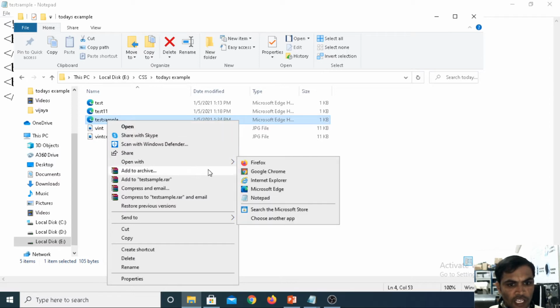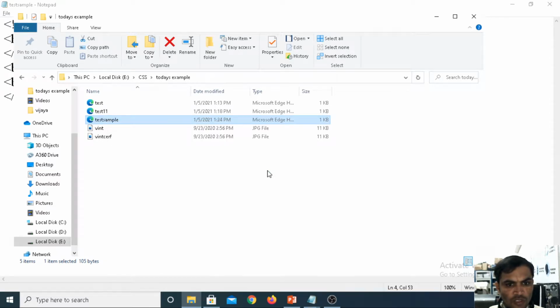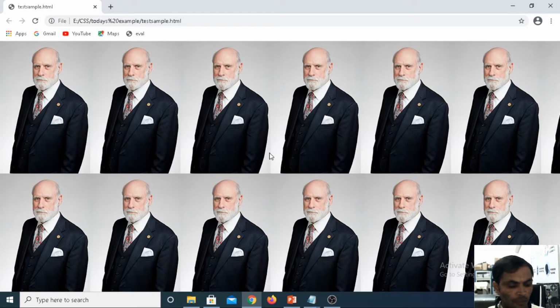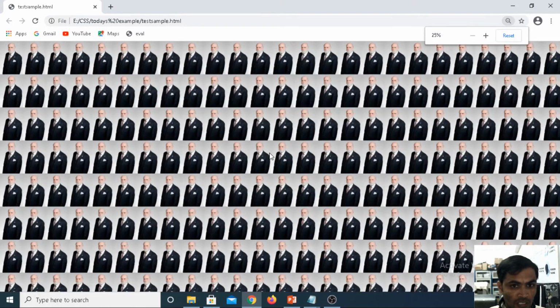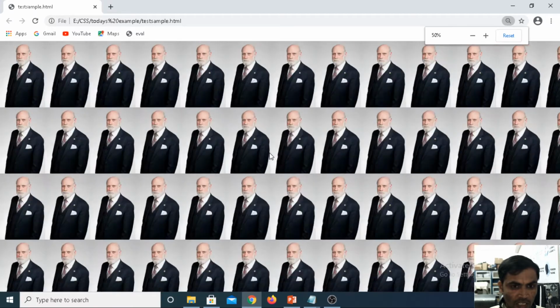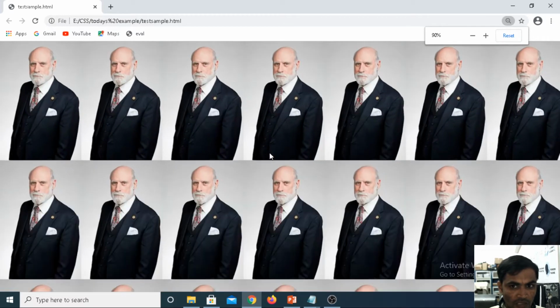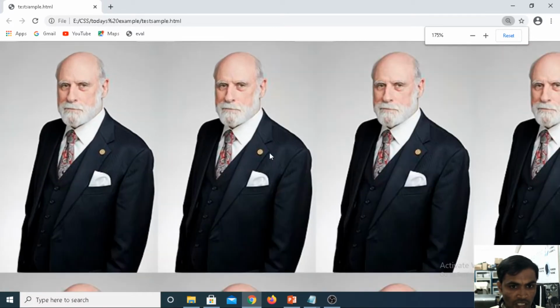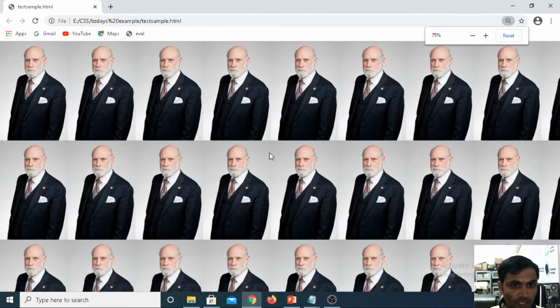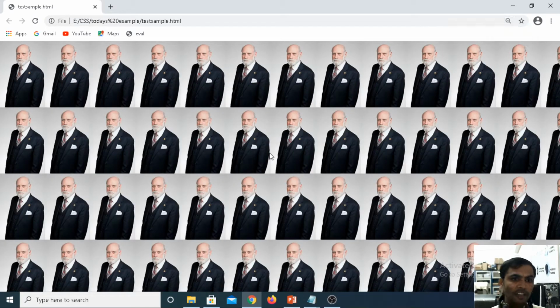When you increase or decrease the screen, multiple images appear. This is a drawback in HTML.